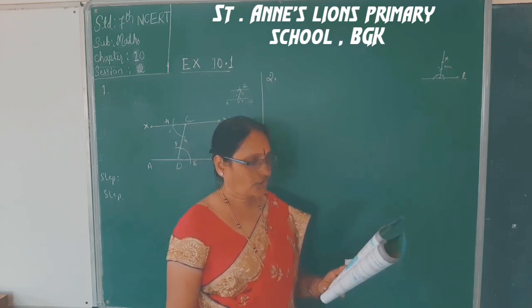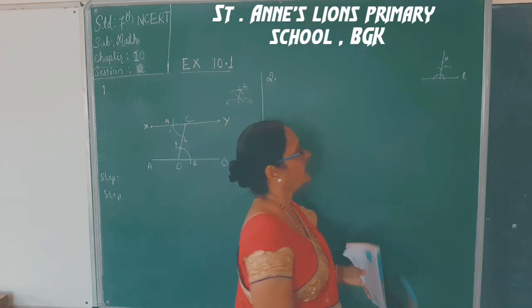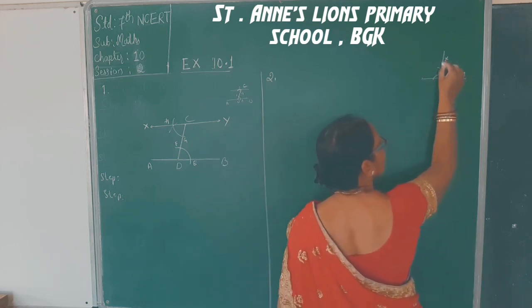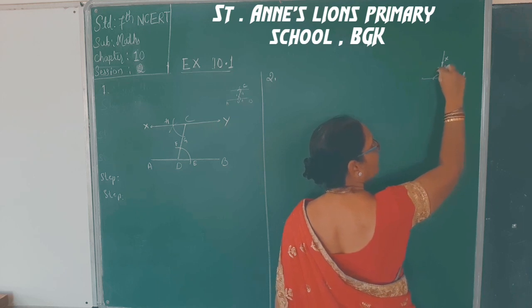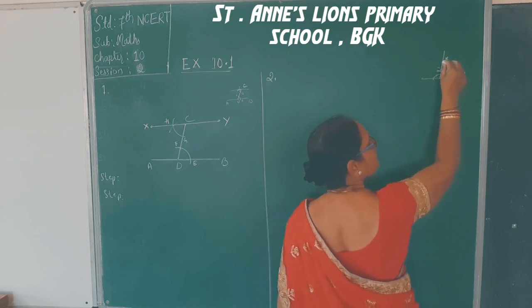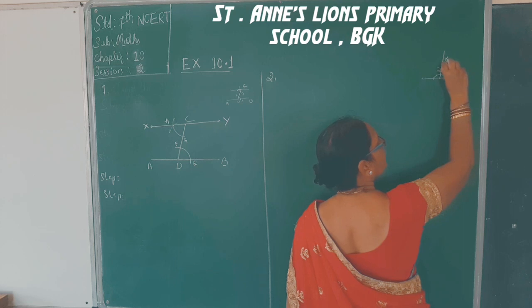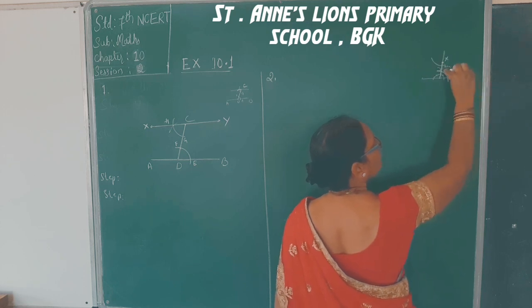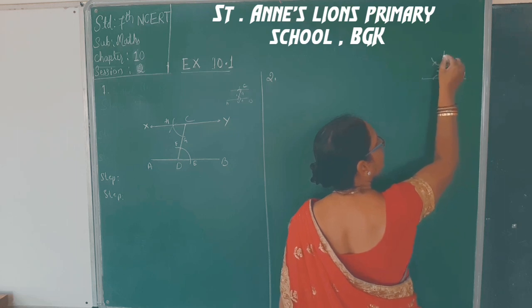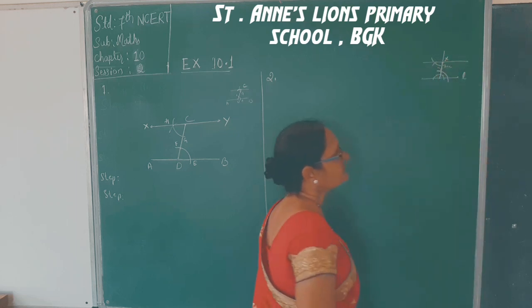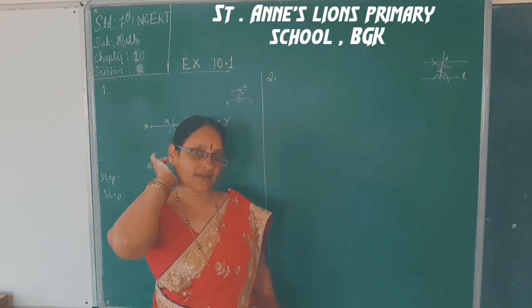Through X, draw a line M parallel to L. And see, now already this is joined only perpendicular. With a convenient radius, you just draw an arc here. With the same radius, X as the center, you just draw an arc. Now you just measure this and keep here and cut it. And this point you join. Now this will be the given parallel.